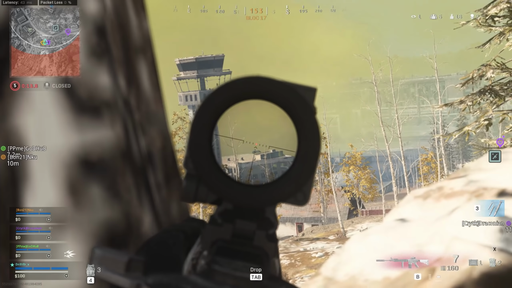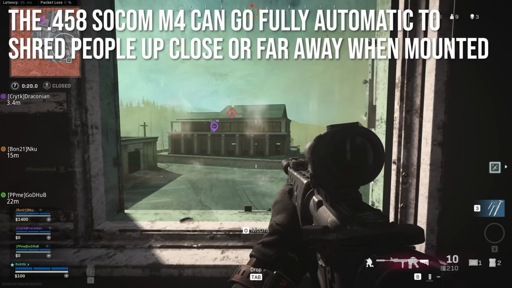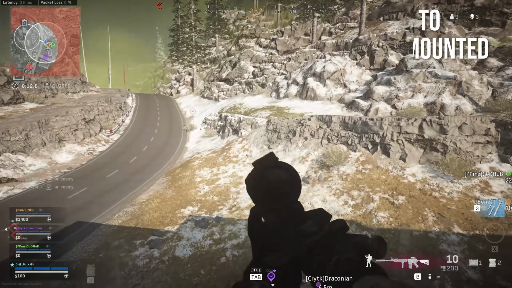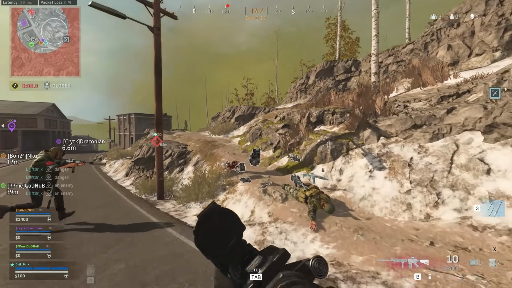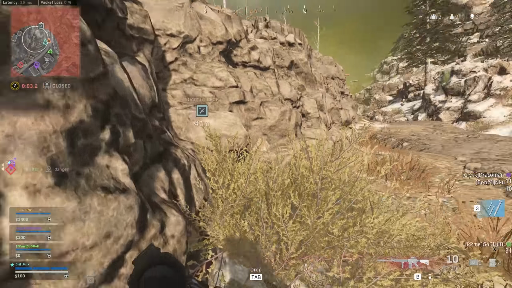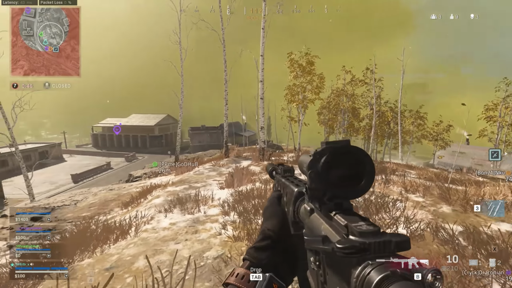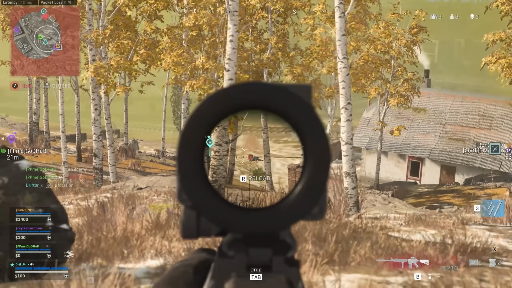And most importantly, the 458 SOCOM can do something that the FAL cannot. It can go fully automatic to shred people up close, or perhaps far away if you're mounted. Mounting will really help you control that full auto recoil, but the FAL can't. The FAL is always semi-automatic unless you put the burst fire attachment on there, in which case it'll do a 3-round burst somewhat slower and with significantly increased recoil. But the problem with the burst FAL is that once you equip the burst, you can't select it back into semi-automatic anymore. This one gives you the option of going back and forth between fully auto and semi-auto as needed,